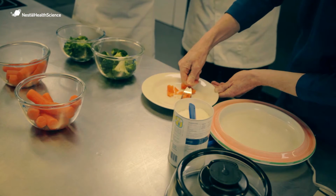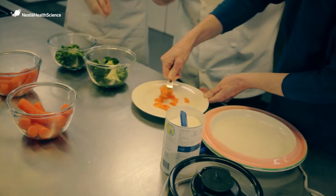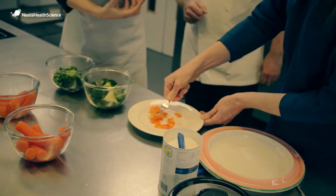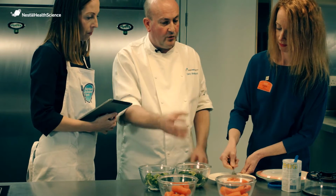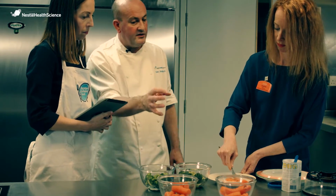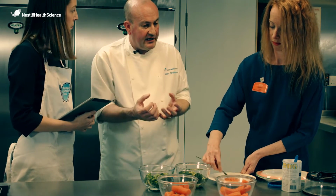So that's perfect for the D's and the E's. You see that? And it looks like you're not really having to put in a huge amount of effort, it's just breaking down quite nicely. That's really, really soft, so we know that's pretty straightforward. And I'm going to show you, we're going to blend the carrots. And you said about the presentation, I'm going to show you how easy